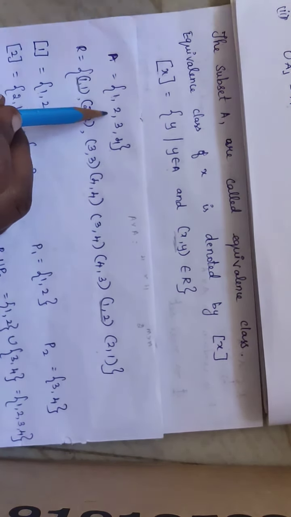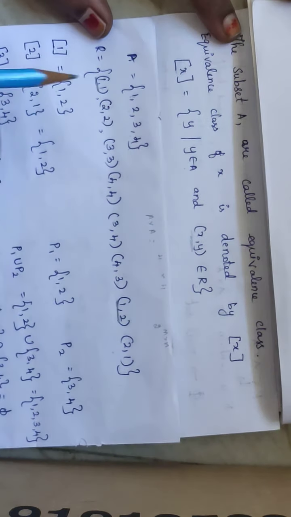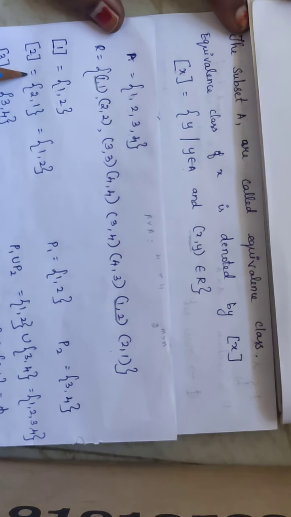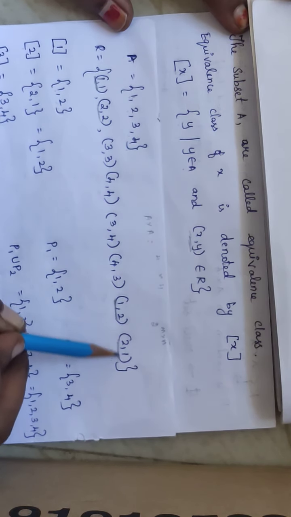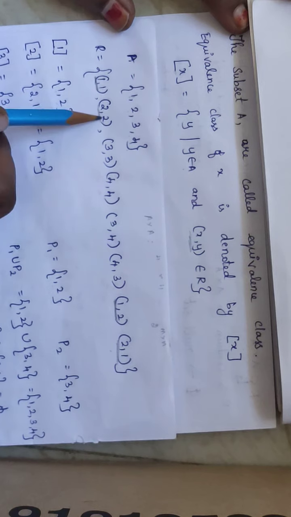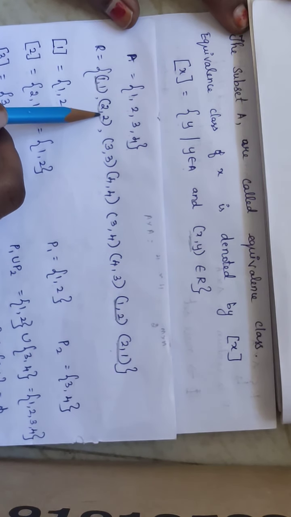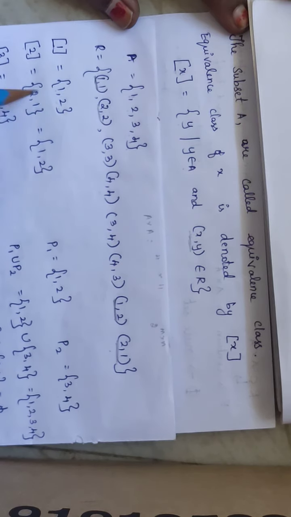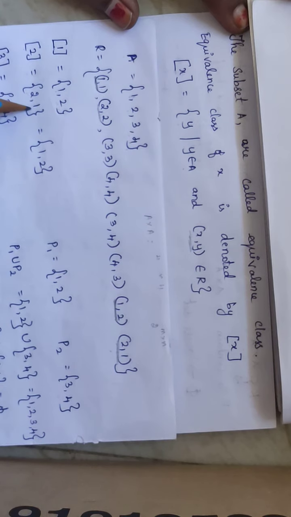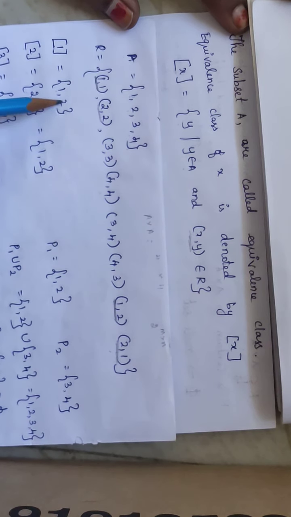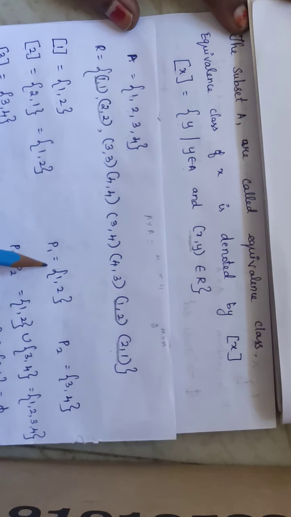Next, for the next one, 2: square bracket of 2 is equal to, select the ordered pairs where 2 is the first element. Here (2, 2) is there and (2, 1) is there. In (2, 2), the first element is 2 only and the y element is also the same, and here the y element is 1. I can write this (2, 1) as (1, 2) also. So these two subsets are the same, so these two I can make into a single partition.